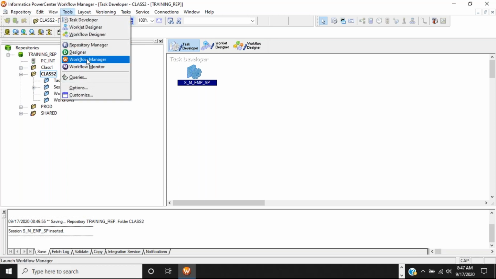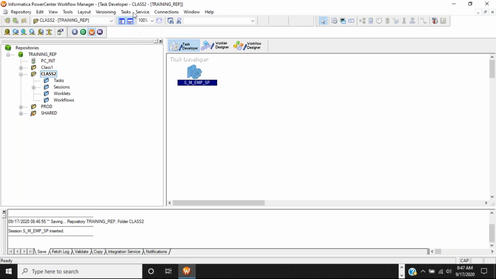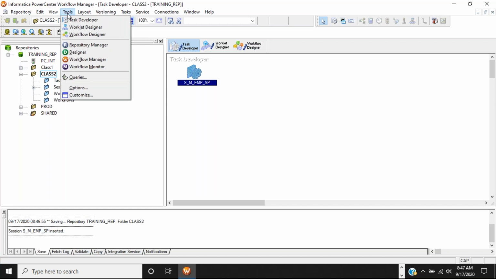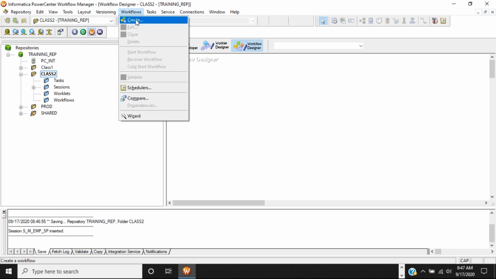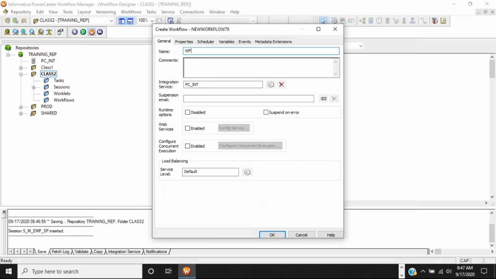How are you going to create a workflow? Click on Tools, click on Workflow Manager. You need to click on Workflow Designer. You'll get a tab called Workflows. Click on Workflows, click on Create. Workflow contains session, session contains mapping, mapping contains source and target. This is the naming standard you need to follow.